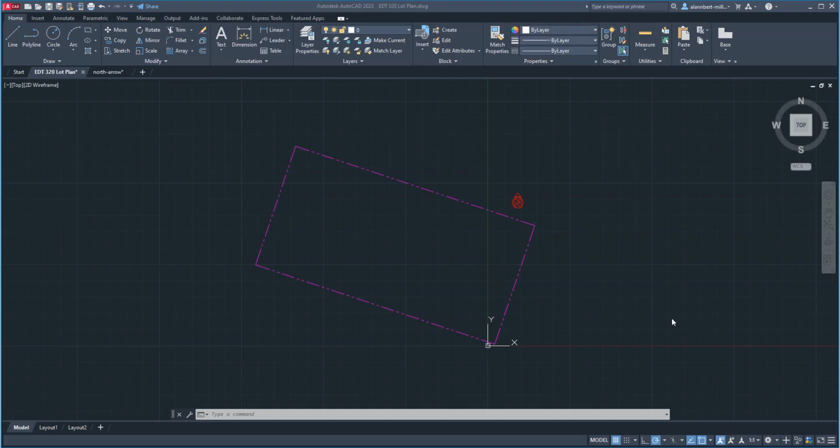Hello, the purpose of this video is to show how to reorient our lot so that the front of the building is on the south side, the bottom of our drawing space. If you want to rotate this lot, there are different ways of doing it. You can simply do a rotation, and according to the assessor's map, let me